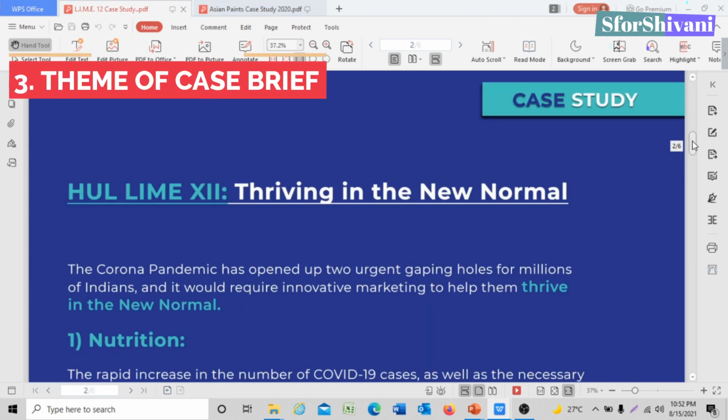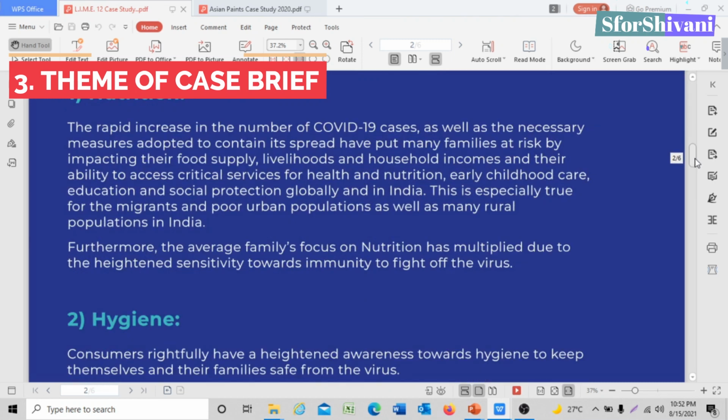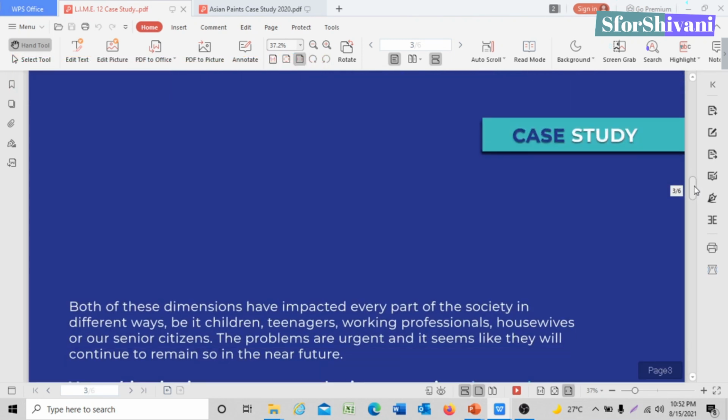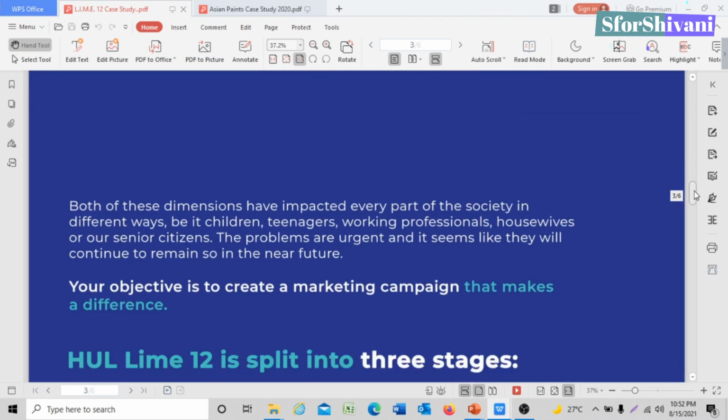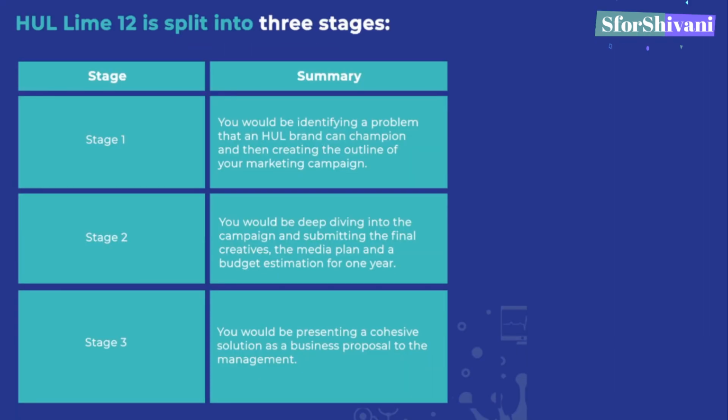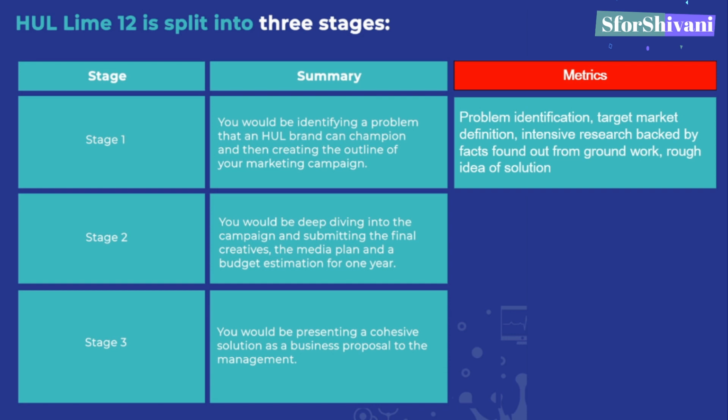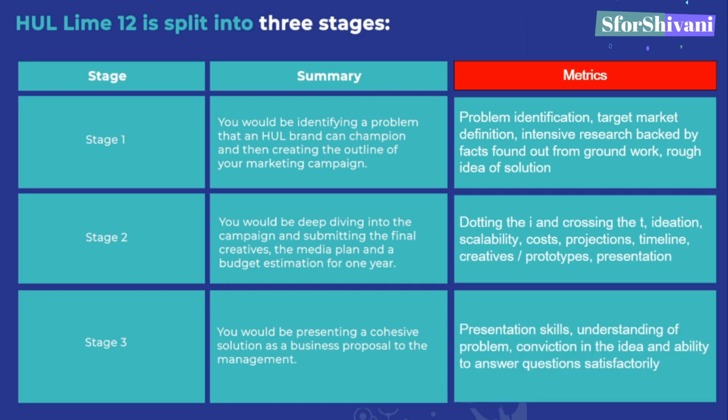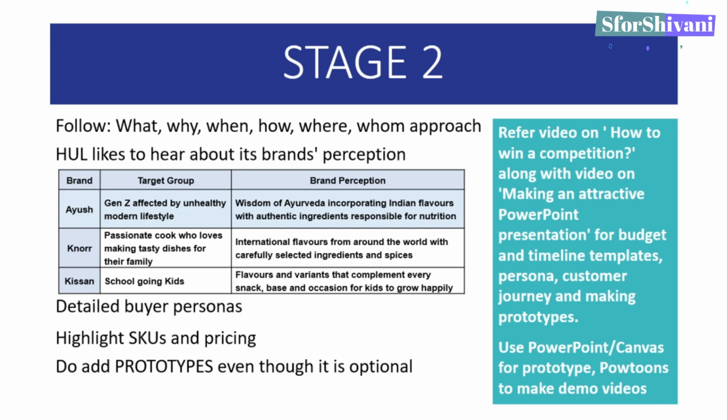The third way of making the presentation is using the theme of the case brief. So here if you see, the case that was sent by HUL Lime was all themed in blues, light blue, dark blue, white. So what I did was I created this slide on my own. If you see, I replicated the entire color theme which is used by HUL to make my own slides. I'll also show you another slide which I made using the same theme which was used in the brief.